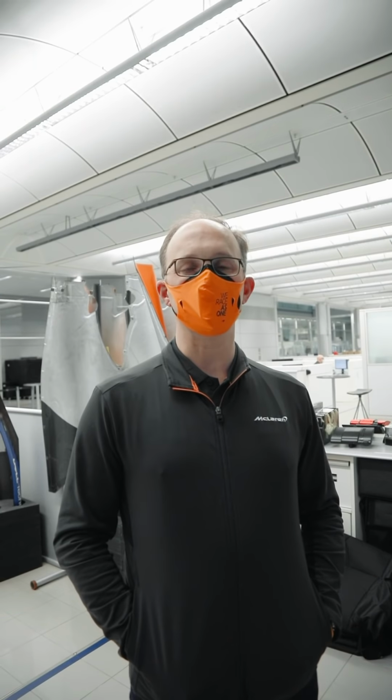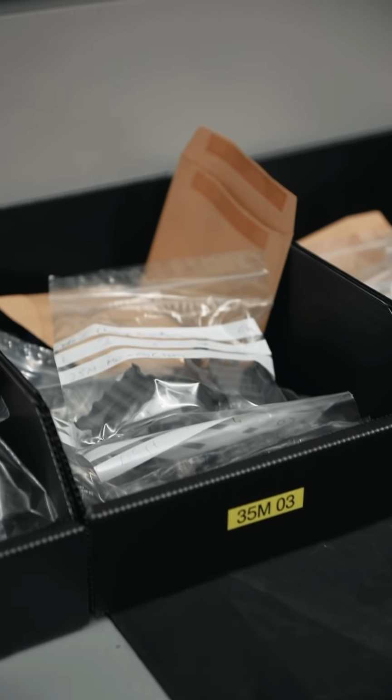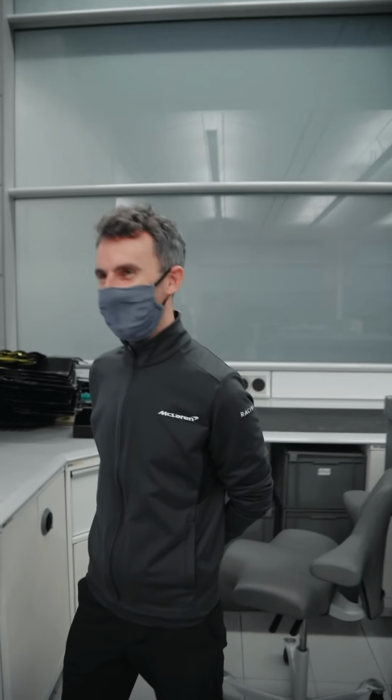So preparation for car build is really important that we get right to maximise the output of every day in build, and the way we do that is by effective kitting up front, so that each build kit is prepared so that when we get into build you're never searching for parts. I'm just going to hand over to Andy here, who's doing some kitting now, and he can talk you through